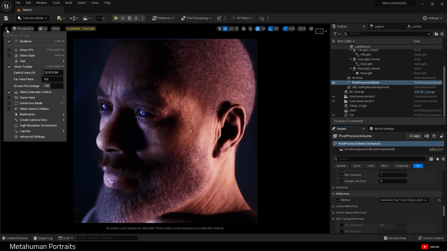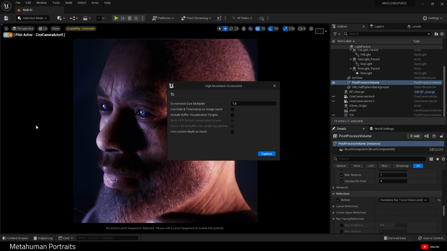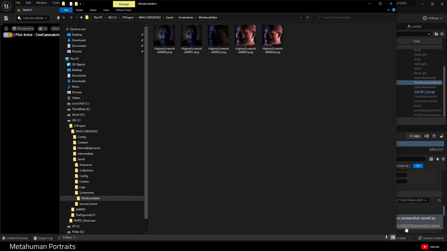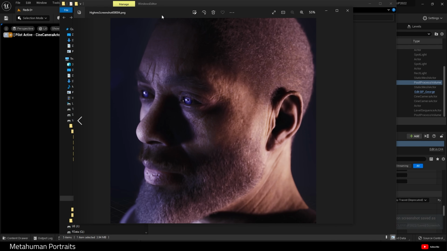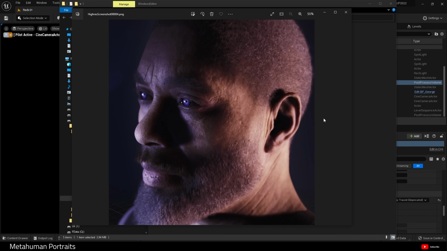And then to export this, because there is a final stage, and I would argue it is a very, very important stage, I will come to high resolution screenshot. It will ask me the screenshot size multiplier. Usually I will set this to 2. Sometimes I will set it higher, but for purposes of this, we'll just do 2. And then if we open up this, let me just drag it across for you. We just have a finished